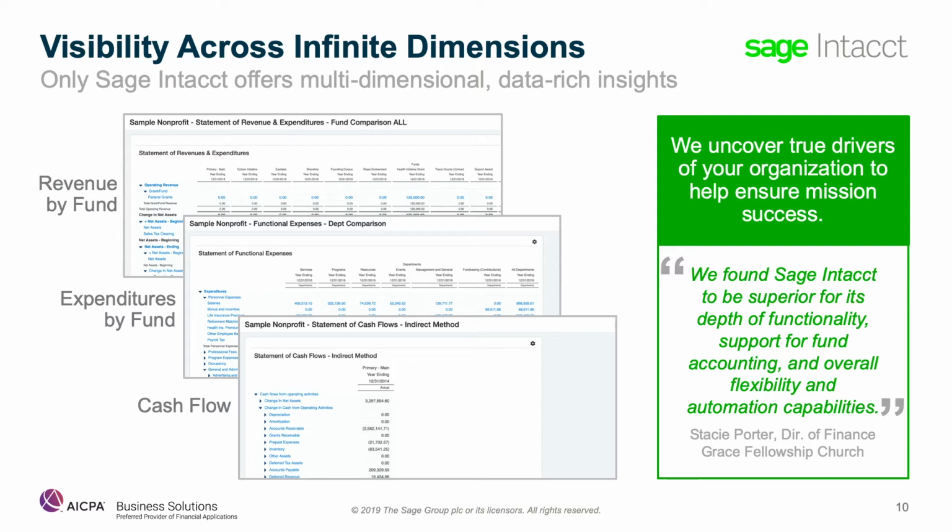For example, let's say you want to know more about the dynamics of each fund. The top-line numbers are okay, but there's more to the story. With Sage Intacct, you get to see budget, expenses, cash flow, and so on by location and fund. You slice and dice the data to find underlying trends in your organization and the true drivers you can use